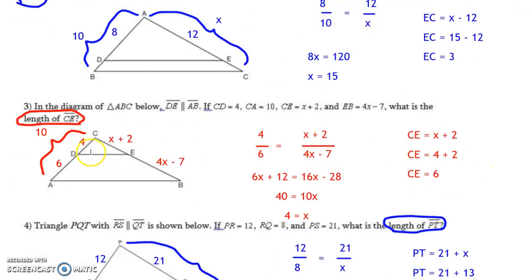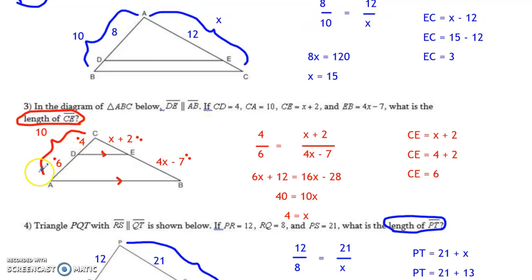For this problem, we used something called the Side-Splitter Theorem, and side-splitter means something very simple. It means that if I have 2 pieces involved in one of the sides of a triangle, and 2 pieces involved within another side of a triangle, and these 2 sides happen to be parallel, then we are able to say this: